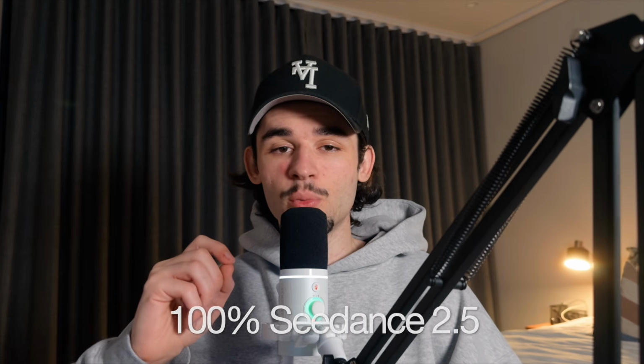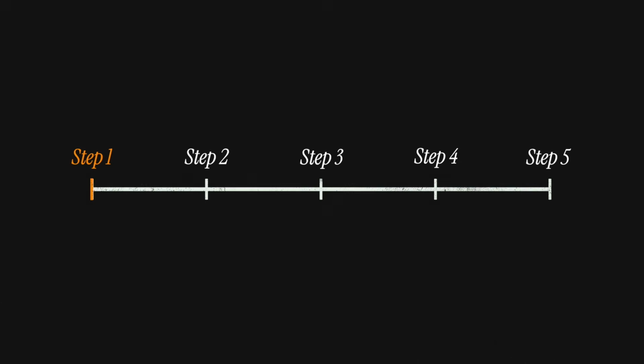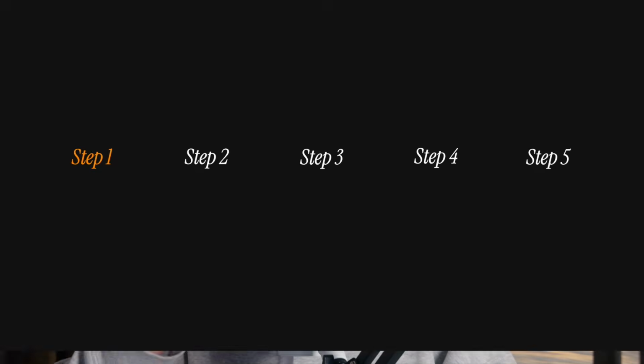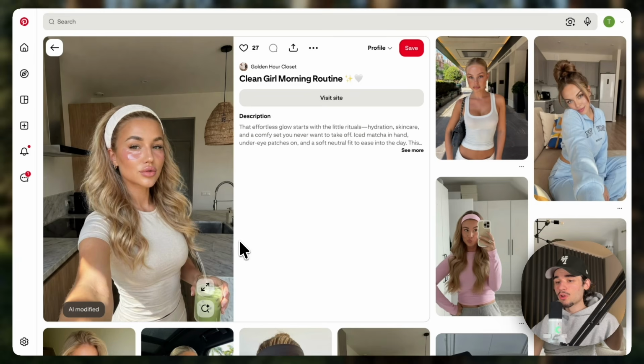Yep, that was 100% AI, 100% Seedance 2.5, and it all started with me finding a reference character that matches the product that I'm selling. So I went on Pinterest and I found an image of this model and she perfectly suits the product I'm gonna sell. So what I did was I went here and I downloaded the image, and then I go to